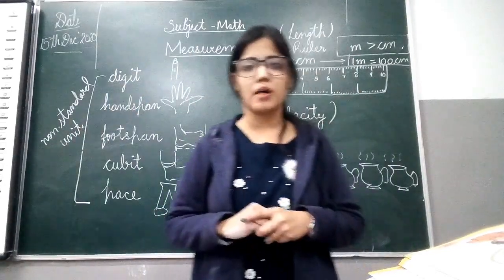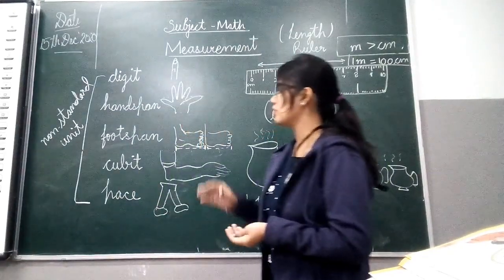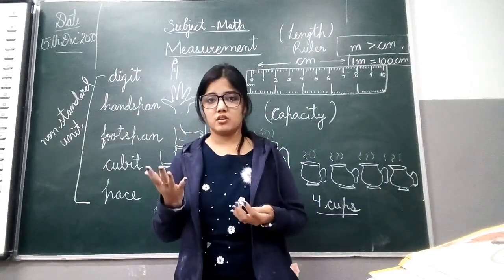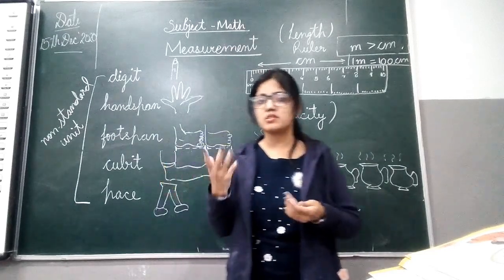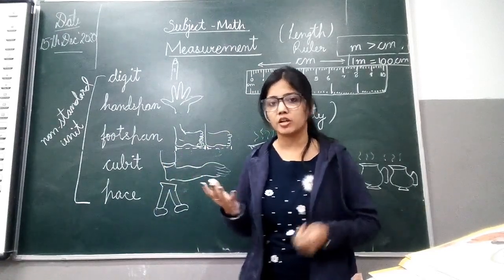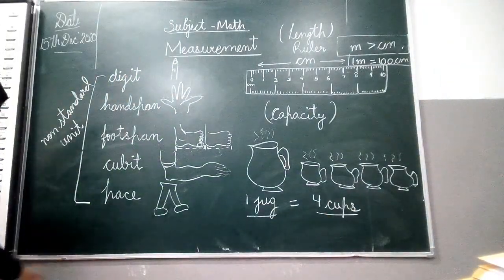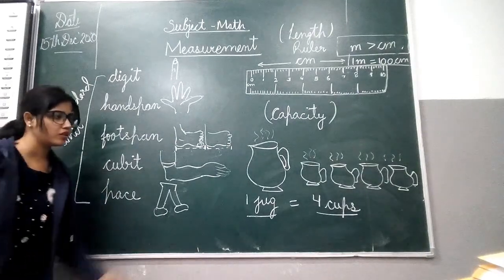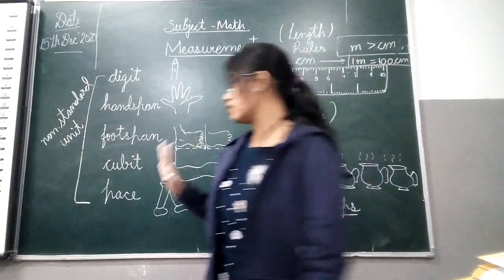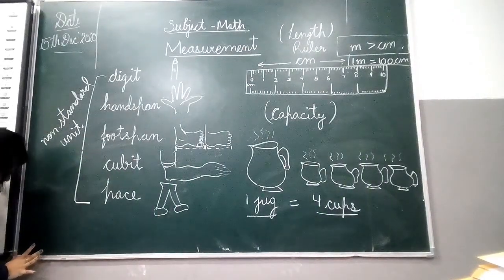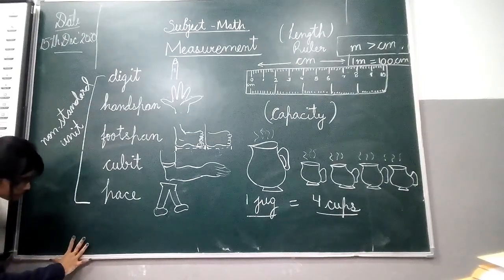First of all, we'll talk about length. We can measure the length of a certain area with the help of our hands or sometimes our fingers. It depends on the size of the object which we want to measure. For example, if I want to measure the length of this board by using my hand, I need to place my thumb right at the corner from where it begins, till here, and then like this, I'll start